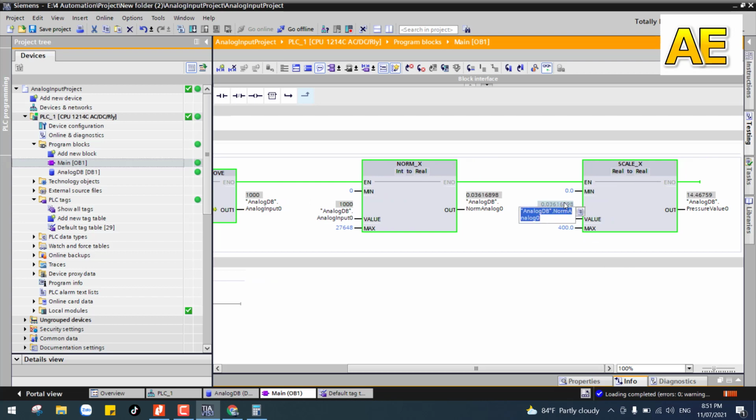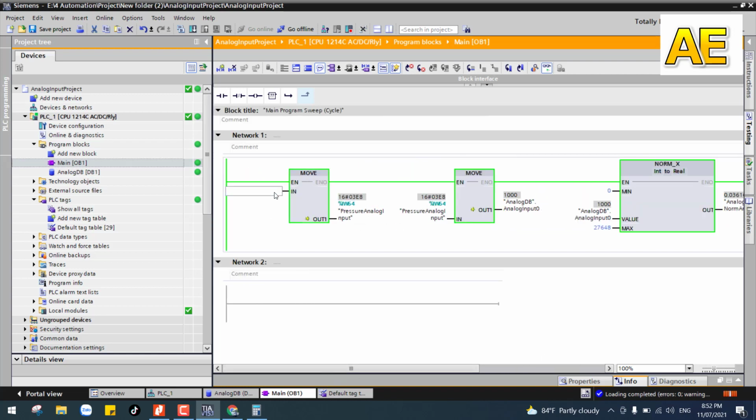and this value will come to here, and this value in the range from 0 to 1 will convert to this value in the range from 0 to 400, and this is the real value. It will be equal to the value on the transmitter of the pressure sensor. I will input one, for example, I will input a half of the range value here,